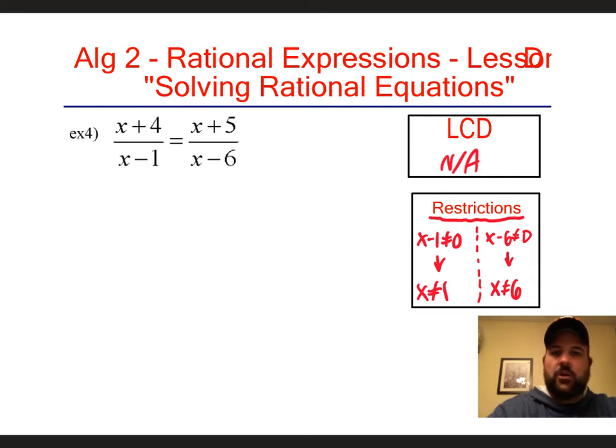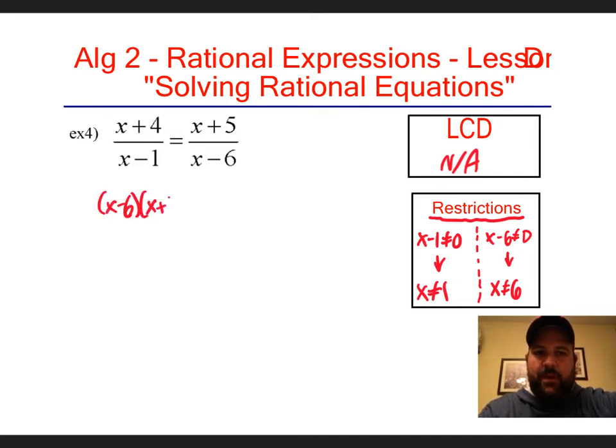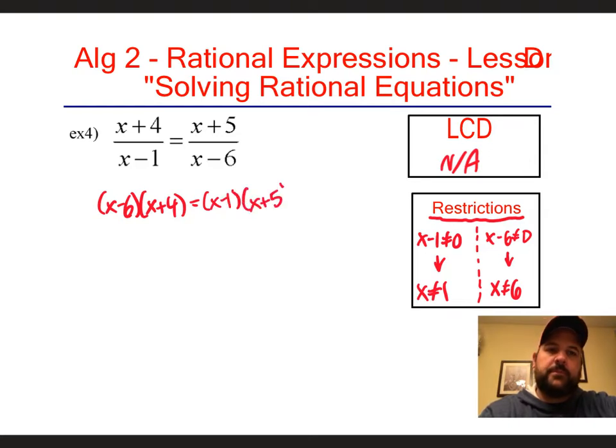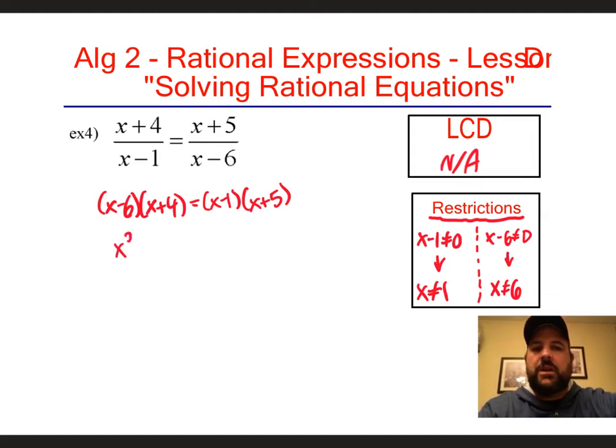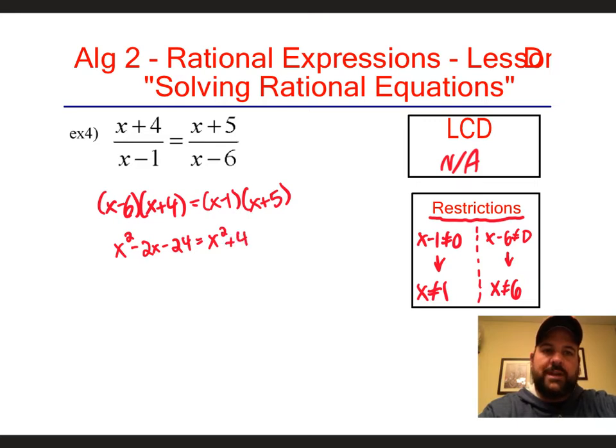All right, so we're going to cross multiply here. So let's go ahead and take the x minus 6 times the x plus 4. And since I have a binomial times a binomial, I'm going to have to FOIL there. On the other side, I'm going to do the x minus 1 times the x plus 5. So let's go through and FOIL here. On the left-hand side, we're going to get x squared minus 2x minus 24 equals x squared plus 4x minus